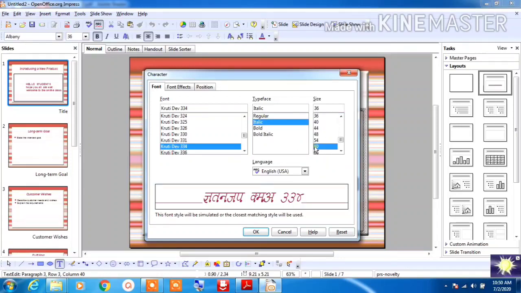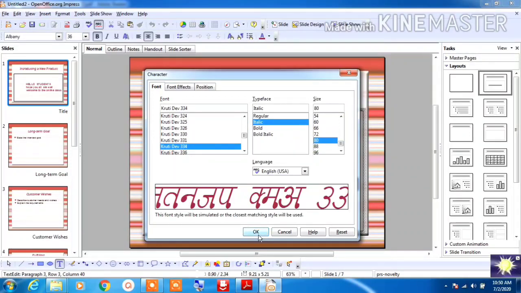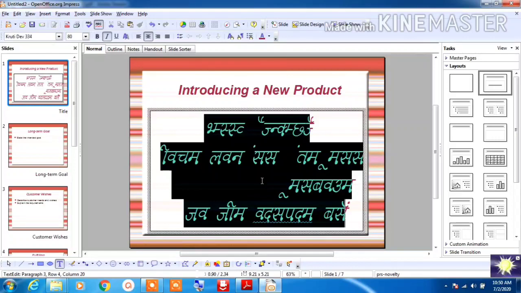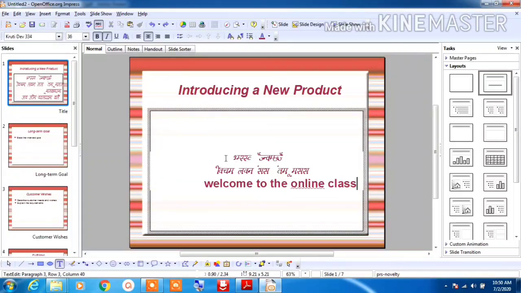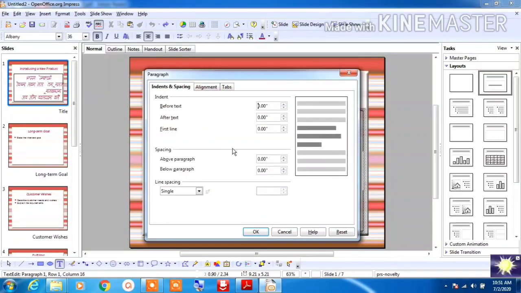You can increase the size to 60, above 60. Click OK. Here you will see the output. Now I will do Control Z.